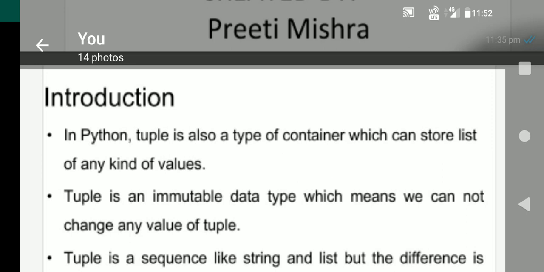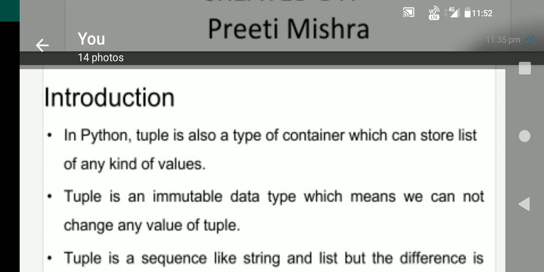In Python, tuple is also a type of container which can store a list of any kind of values. Actually, as you are aware with the list, same like here, tuple also can store different types of items, like a name list, a roll number list, a marks list, an alphabets list.